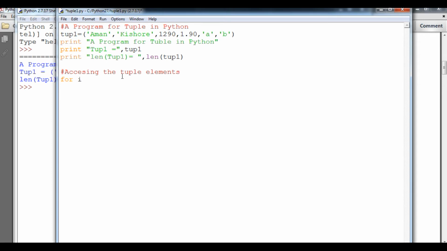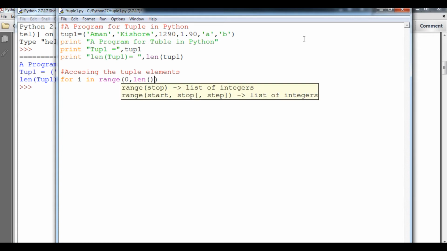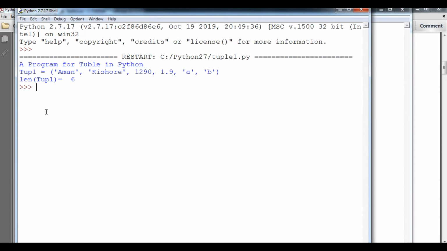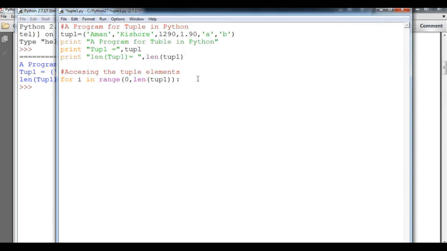Here I am taking i as the loop variable in range, starting from 0 because the index value starts from 0. Then I will use len, and inside the len I will type tup1, and the length will be 6. So it will run up to 5, because the for loop follows the n-1 concept automatically.